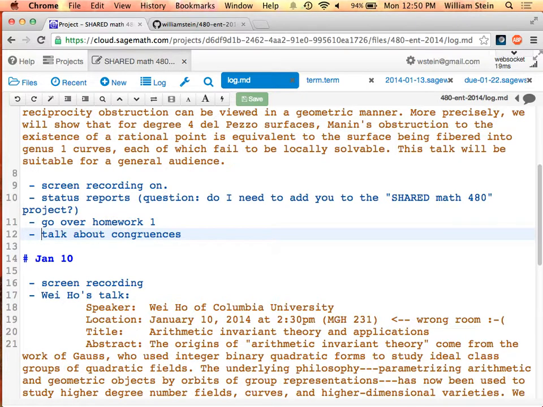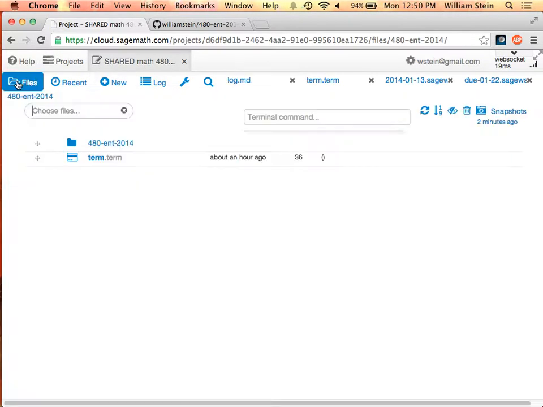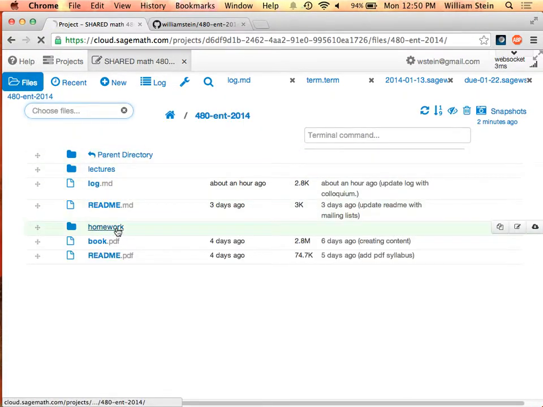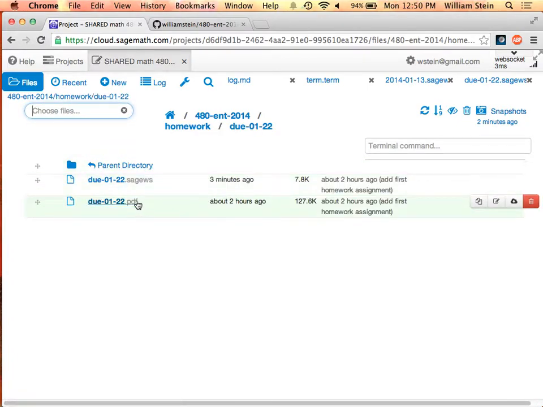Let's see. One thing I should point out, in the shared project right here, where it has homework, I've put a PDF version of the homework and also on the GitHub page. So you can click on that and print it if you want to have a physical printout of the